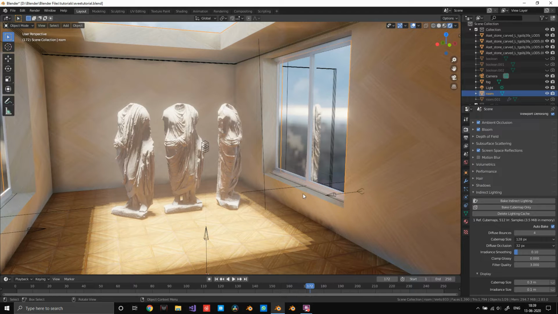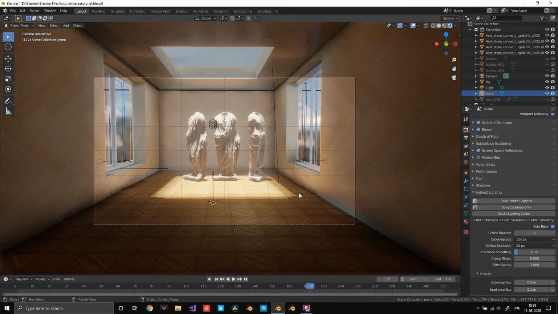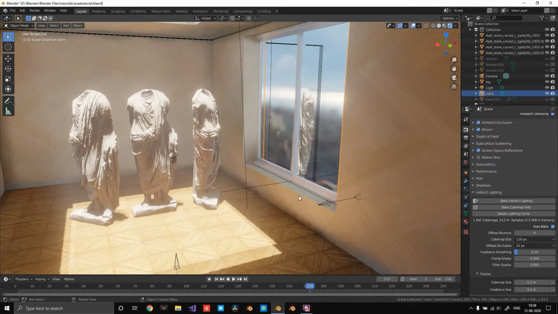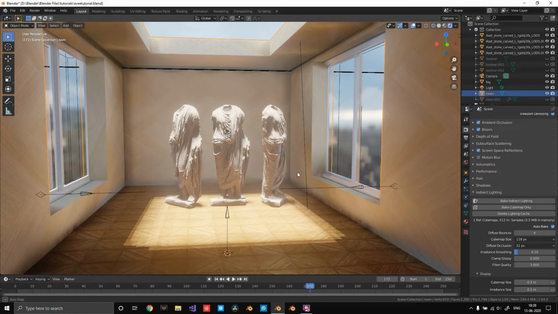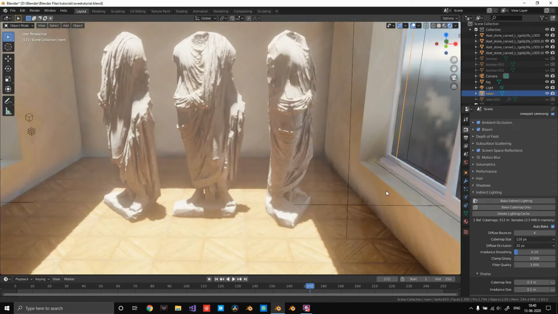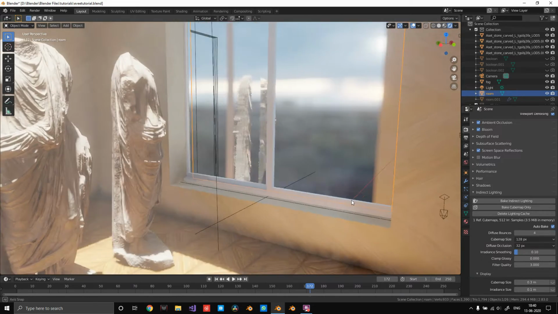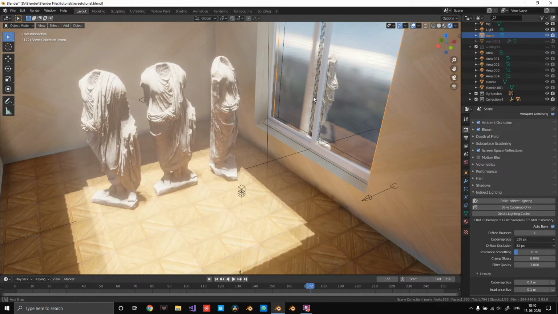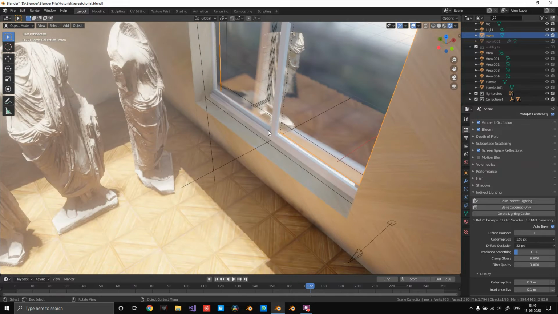Alright, so it has done baking, and look at that, right? It looks really good. So one thing to take away from this video is that you should always bake indirect lighting and use light probes. Okay, now one other thing that I like to do is, oh sorry, I didn't set up my